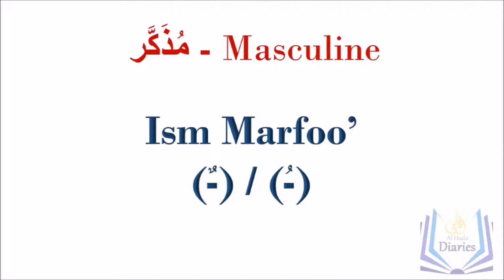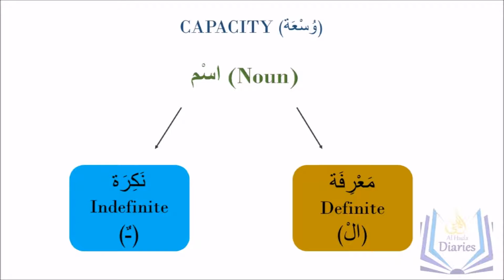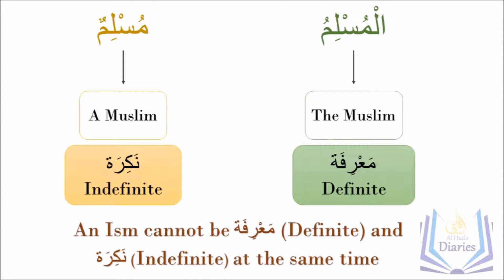Now let's look at the word muslimun, that is the muzakkar gender, in the state of rafa. So we see in the wahid muzakkar state of muslimun, one who submits, a Muslim, the sign on the last letter is a dhammatain. So it could either be a dhammatain or it could be a dhamma. Now dhammatain indicates that it is in the state of nakira, that is indefinite, whereas if this word were to become in the state of ma'rifa, if it is to become definite by the addition of an alif lam, then we remove one of the dhamma of the dhammatain and make it al-muslimu.